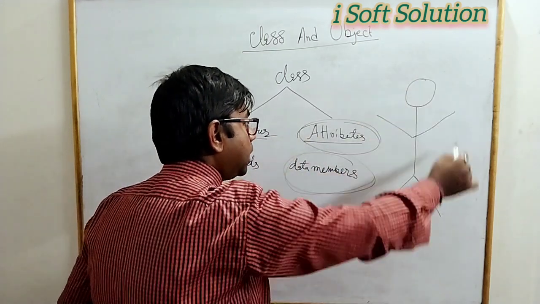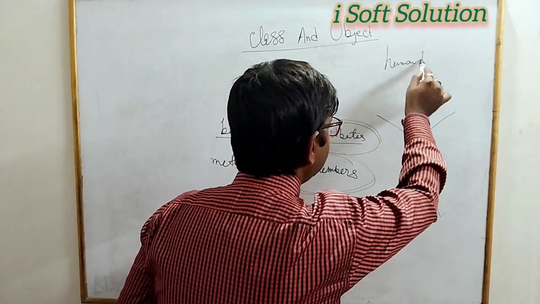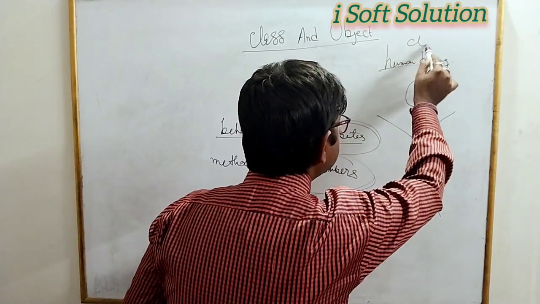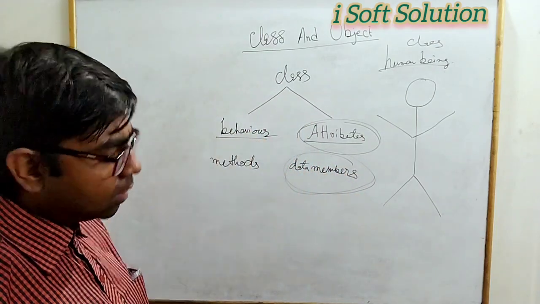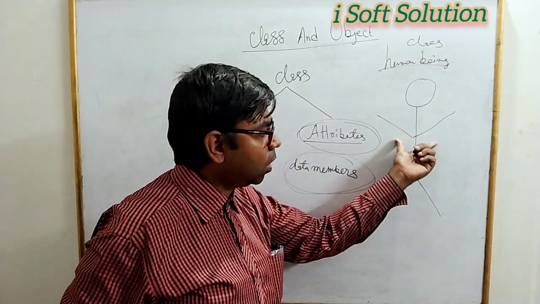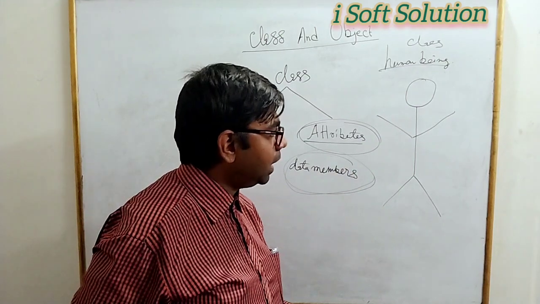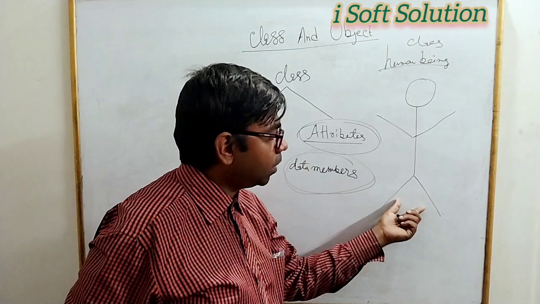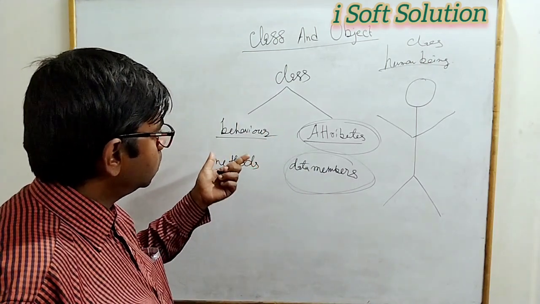This is a human being class. The class name is human being. And what about the behaviors? Suppose the human being's behaviors are, we can talk, walk, fight, we can eat with the help of the hands, we can walk with the help of the leg, or we can move our bodies. So these are the behaviors, and somehow the behaviors